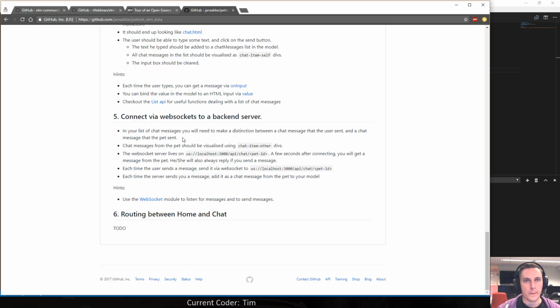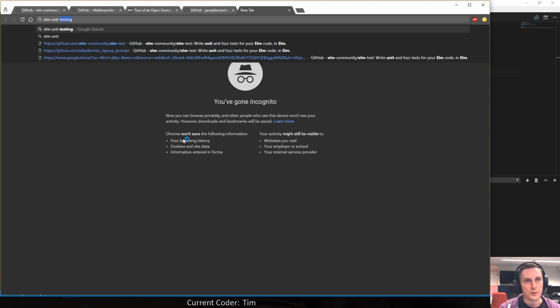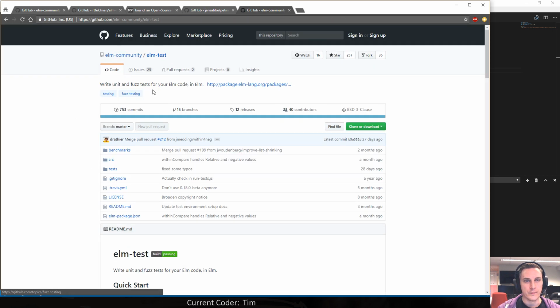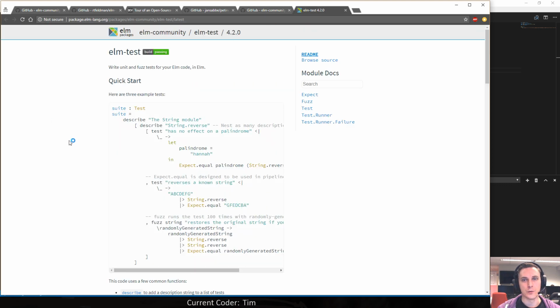Cool. So if you Google Elm unit testing, there are some good articles, but then there's also a GitHub repository pointing to the Elm community's elm-test package. It comes with documentation as well, so hooray for that.